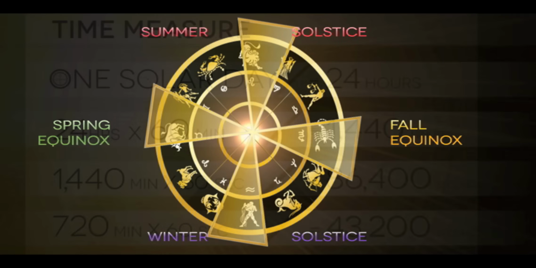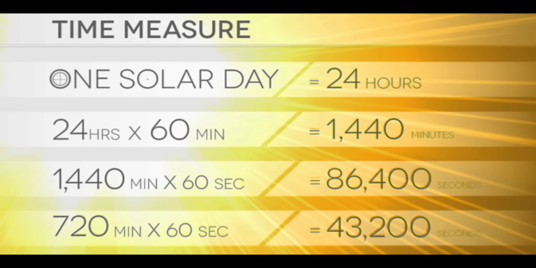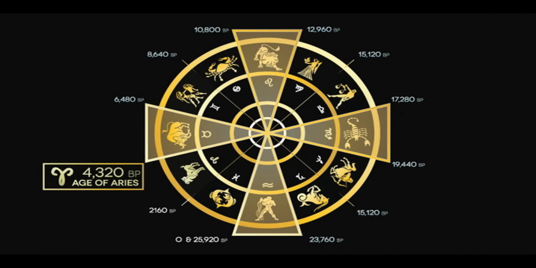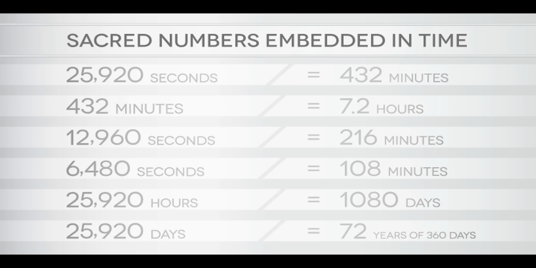Okay, we've seen this. So this is just a recap of those same numbers. And you will notice 8640, the number of seconds in one day. You'll notice that in a half a day, 43,200. Well, if you go back to the dawning of the age of Aries, 4,320 years ago. And these are just more interesting ways that these numbers show up.